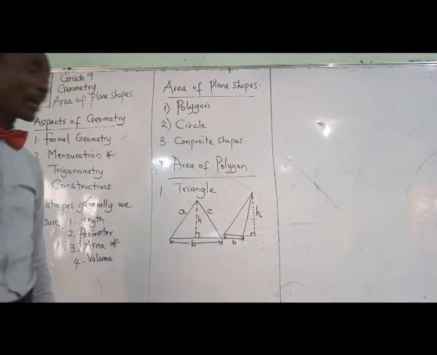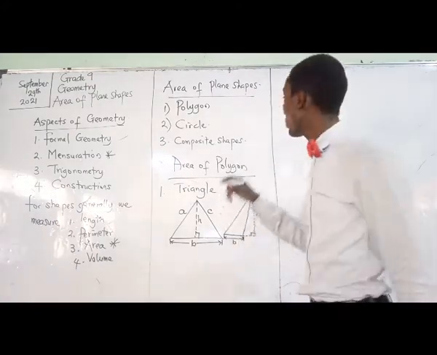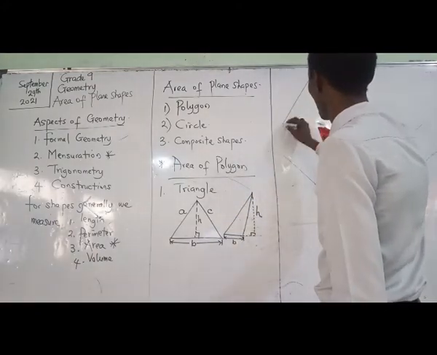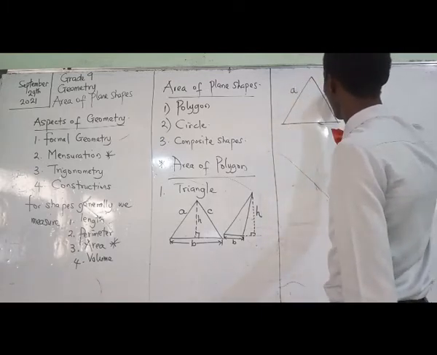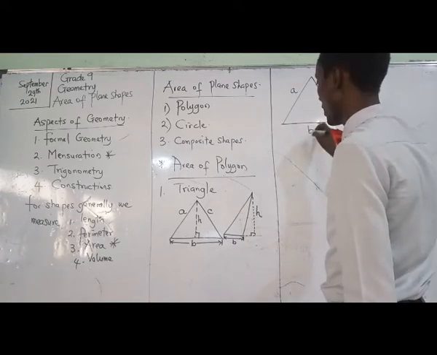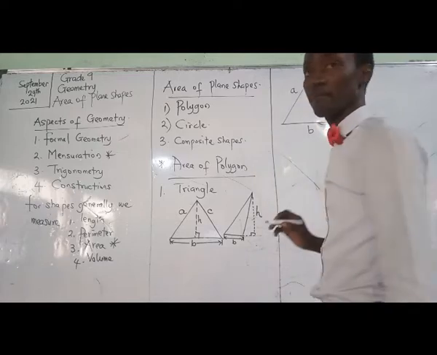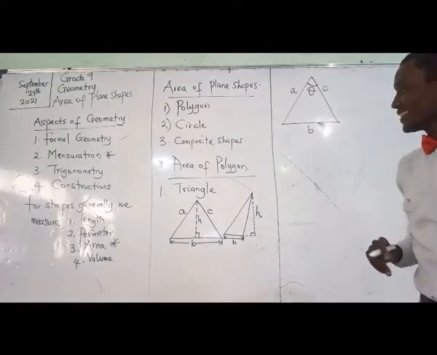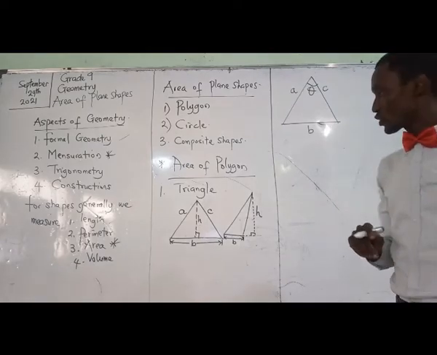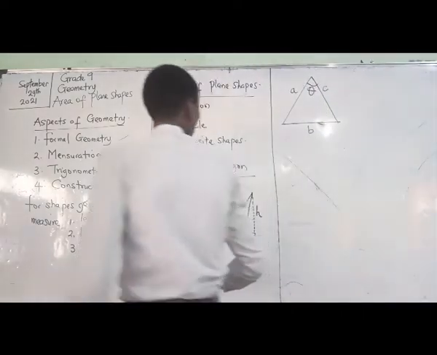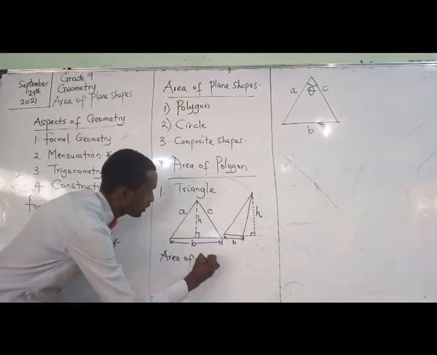Additional labeling, and I can go ahead yet still to draw another type. I'm going to draw one more type, because sometimes in exams you might be given this and you're given this angle. Let's call it theta. I am told to find the area of the triangle. So for this one, all you need to do is to say that the area of a triangle,